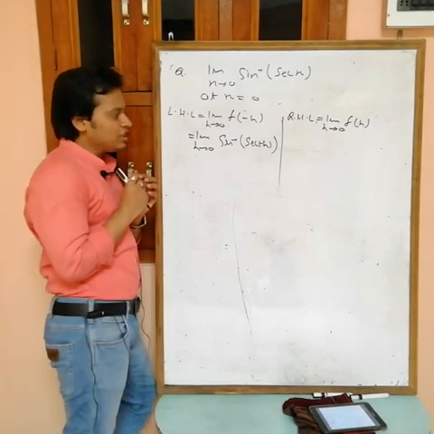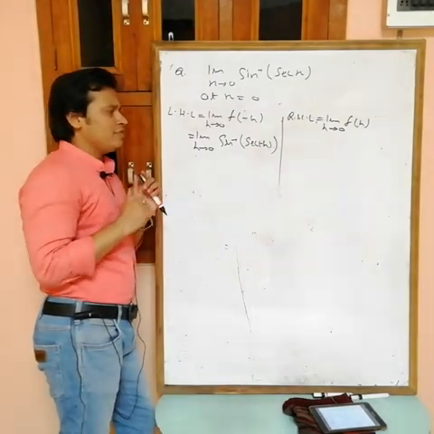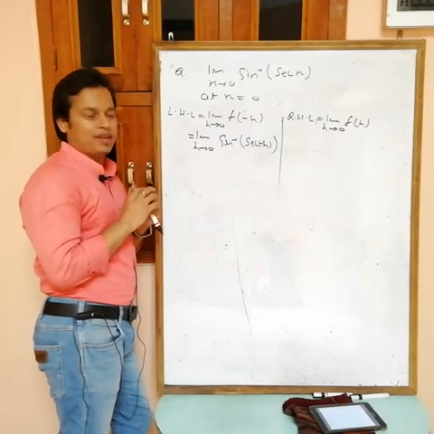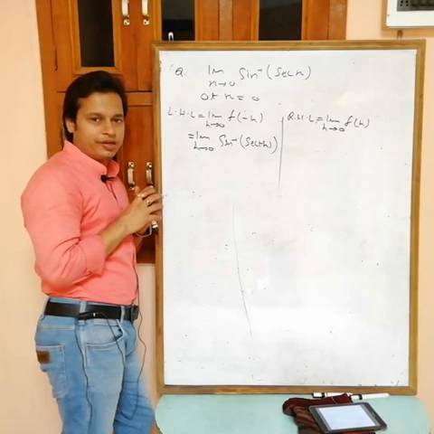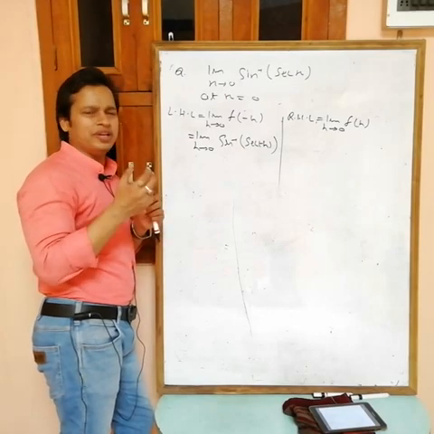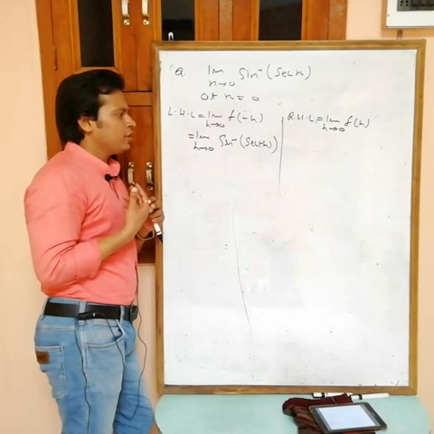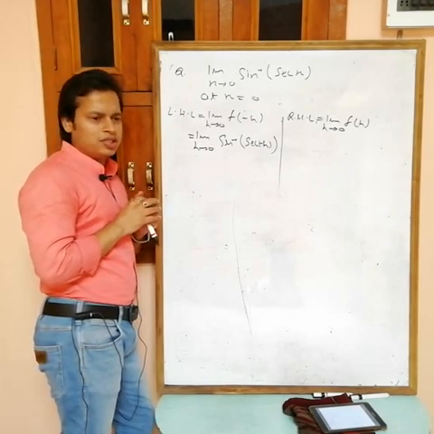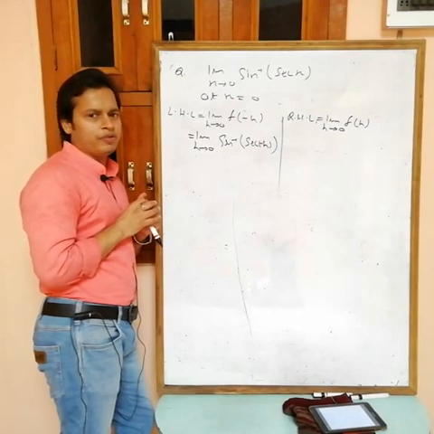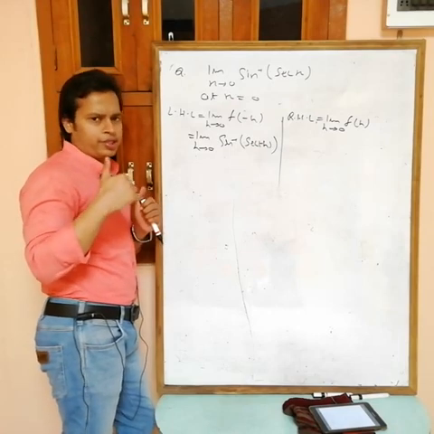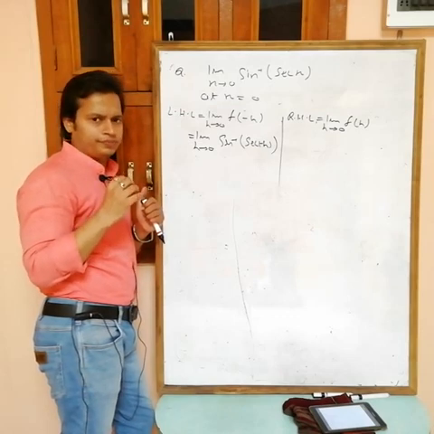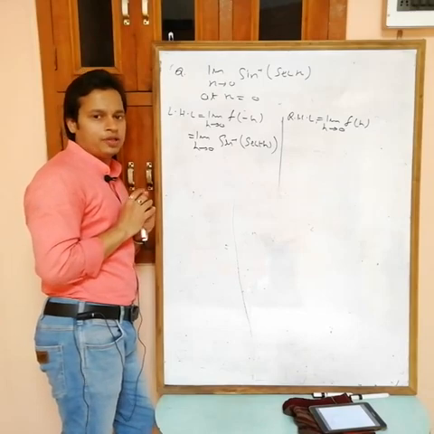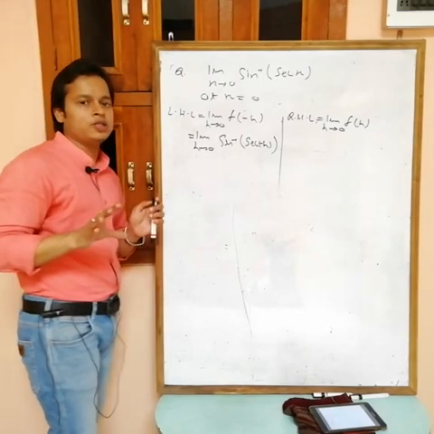Now see, sine inverse of sec of minus h. Now here h is a very small positive quantity, then minus h is a very small negative quantity. Then the value of sec of minus h is actually, at this time you can't put h equals 0 directly. Why? Because if you put h equals 0 exactly, then sec 0 is equal to 1, and sine inverse 1 is equal to pi by 2. Then you will get the value of this one as pi by 2.